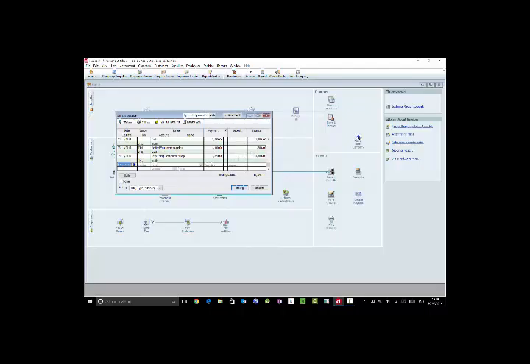Okay, so that one's done. So that deals with the first one of paying rent. And that was very similar to how we paid for a fixed asset just before. So the next transaction, well actually the question is asking you to have a look at the profit and loss